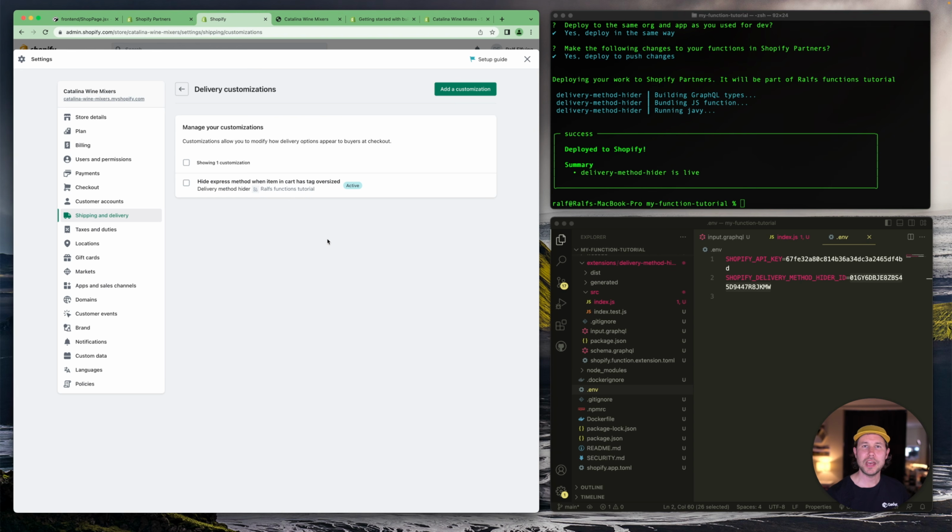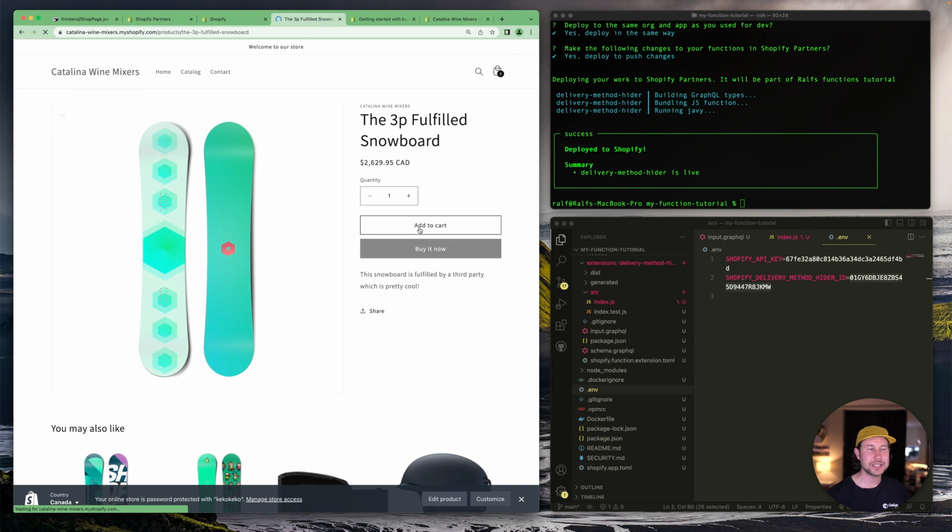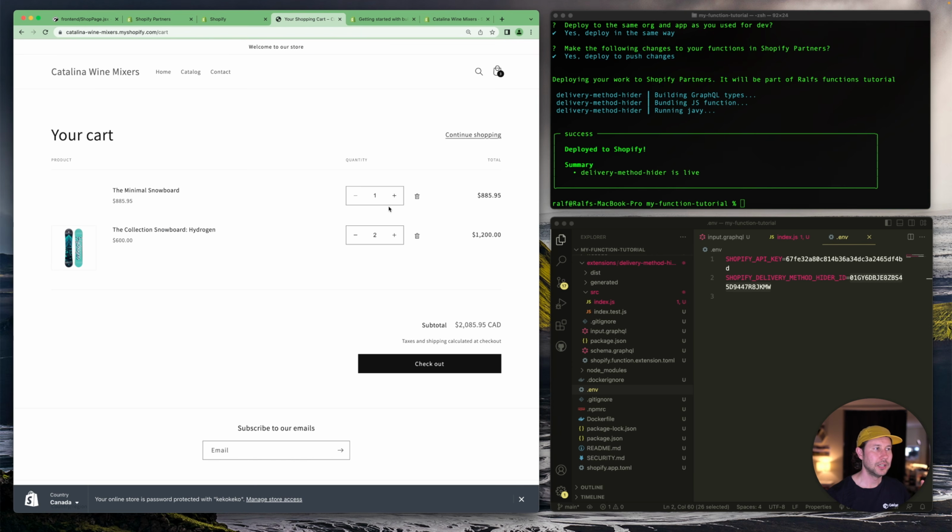But let's not do that now. We want to test it, right? So this is active on the store because we just activated it. Let's go ahead and try it. Like I said, we want to be able to hide the express delivery option for items in our cart